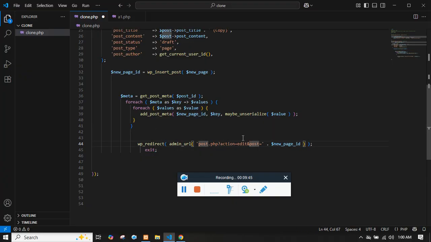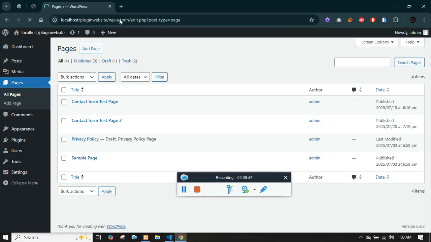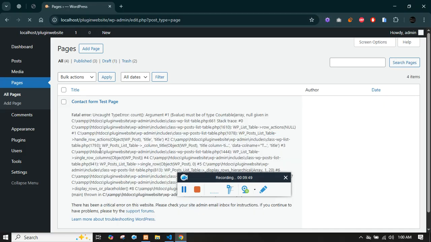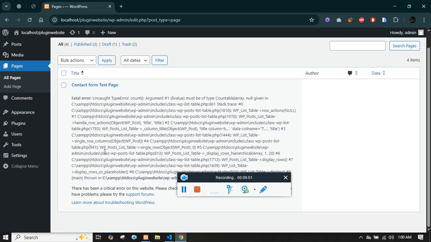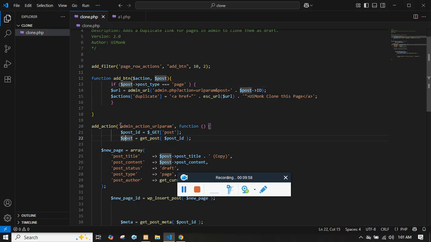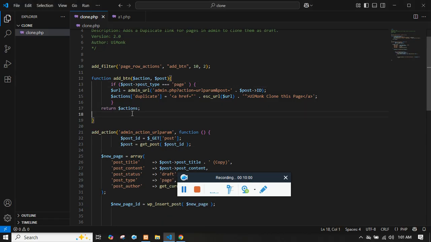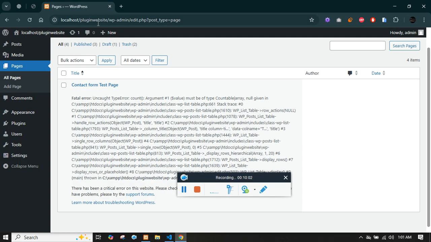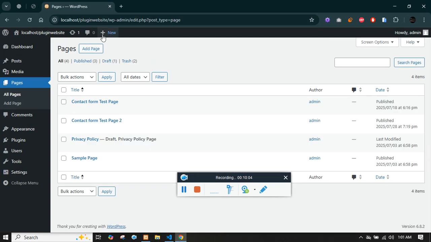And if you see, if I click on sample page, there seems to be an error. Argument 1 must be countable. The problem is we haven't returned the action, so that we could see the button over here. So if I click on sample page, clone,